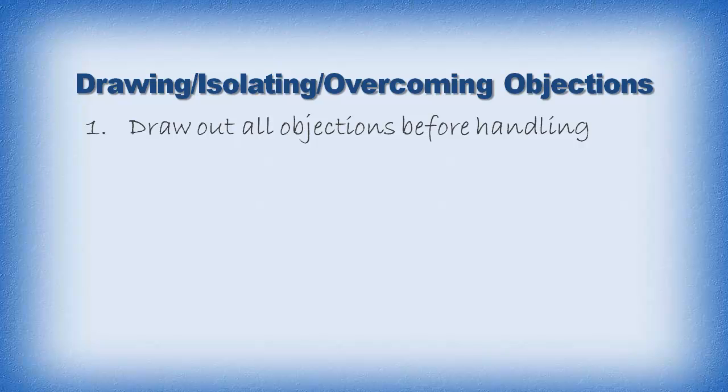So say they've given you the price objection. What you say then is, okay, so you think it's a little bit pricey, but if it was the right price, is that the only thing stopping you from taking action today? I mean, if the price was right, you'd get it, right? And that would be what I'd say. And then they're going to do one or two things. They're either going to give you more objections, or they're going to say, yes, that's right. If the price was right, I would buy this. And it's a beautiful thing to do, because not only does it draw out more objections they may have, but it also commits them to the sale if the objection is overcome.